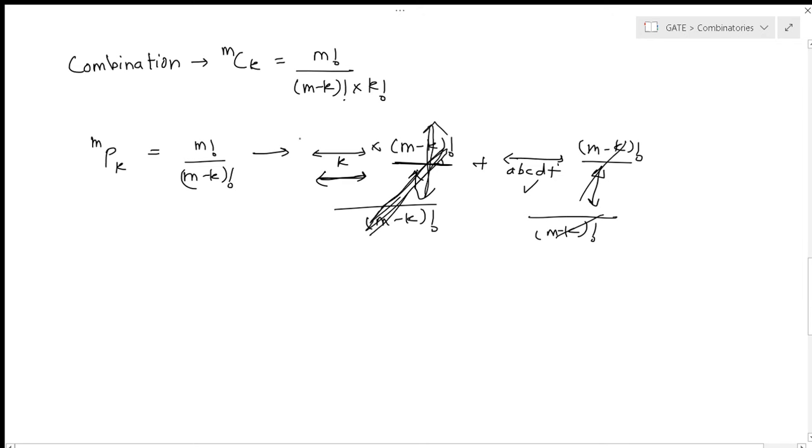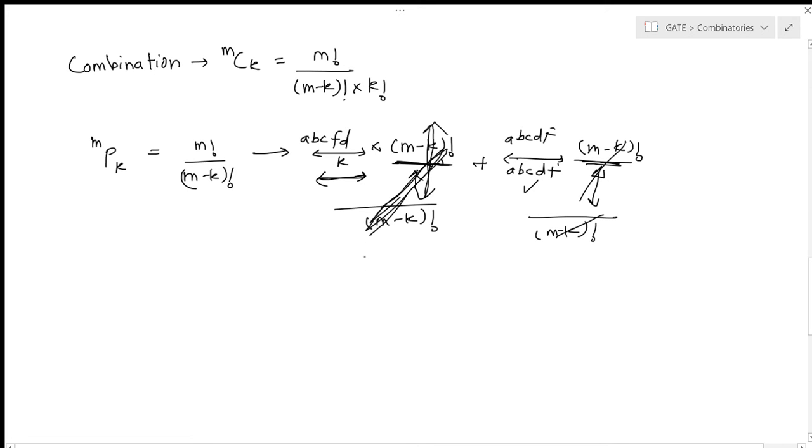And say here it was a b c f d. So you got the idea. A b c f d is calculated once, and the rest of the useless or overcounted calculations were taken care of by the (M minus K) factorial division. So again here a b c d f got counted correctly, and the rest of the excess calculation got taken care of by the division term.